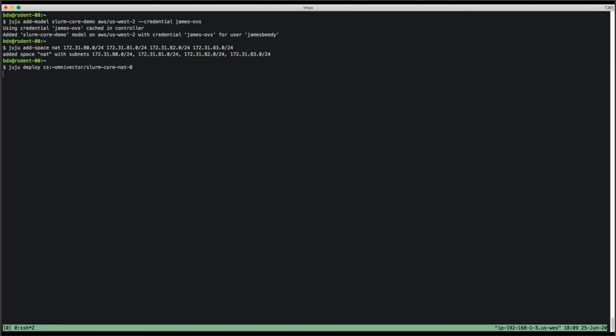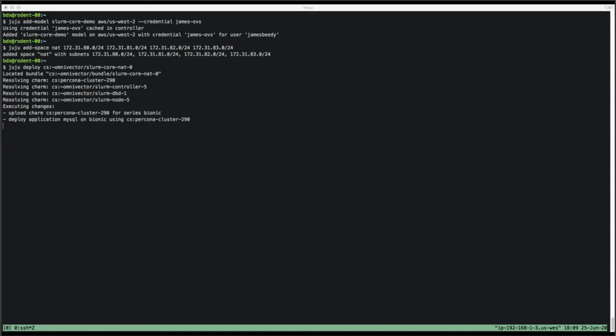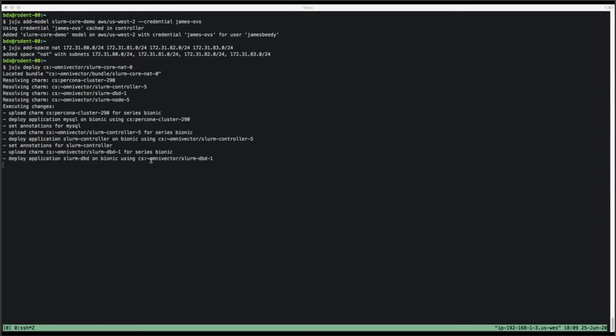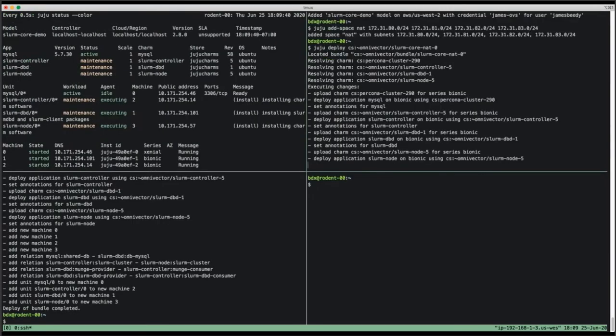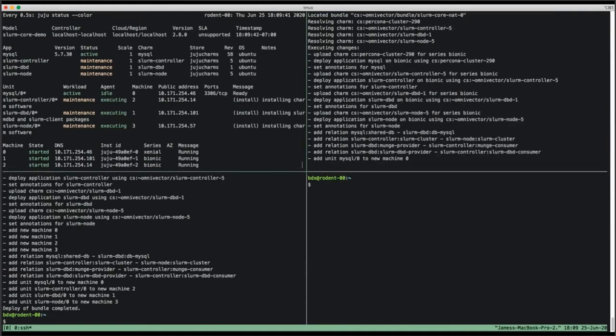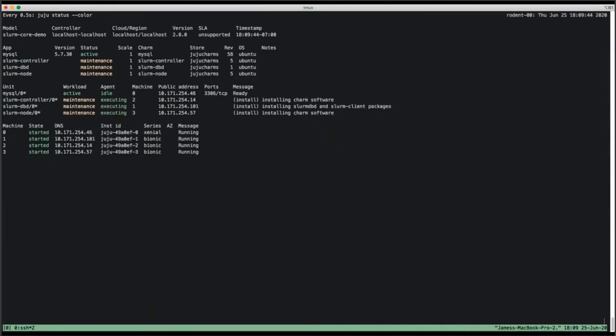Maybe in this case we have a core bundle with NAT capabilities. This will of course be interesting because you can use your SLURM instance from external networks. At this point you see Juju is doing pretty much the same thing as it did when it was deploying into